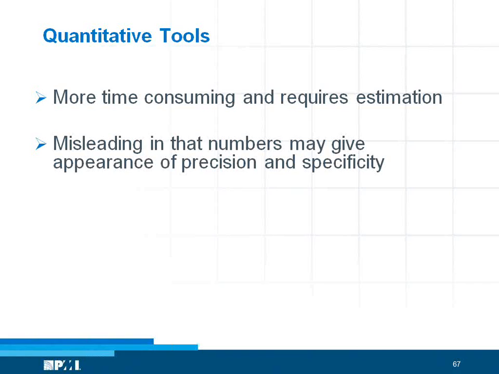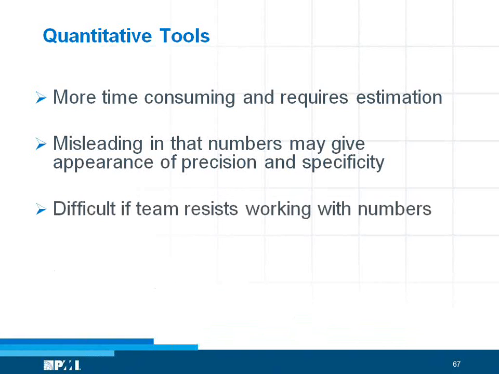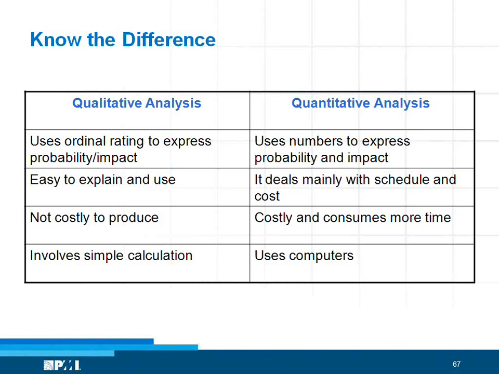So there is a subjectivity which is actually leading to some quantitative estimations. So the errors in the subjectivity will lead to errors in your final estimation. So it's only a guideline. It is not precise or specific. Typically, of course, it is difficult if the team resists working with numbers. And it is substantially more valuable in response